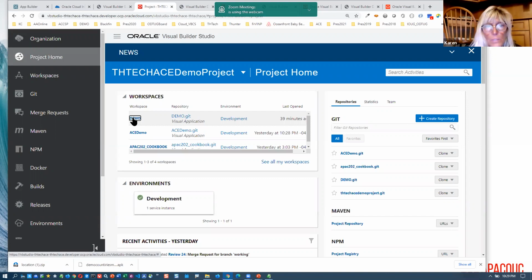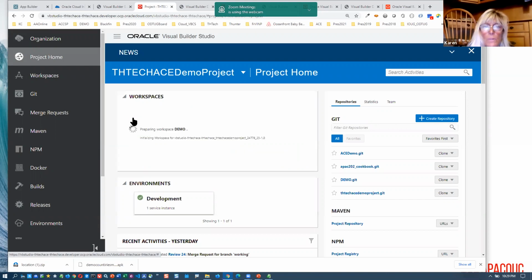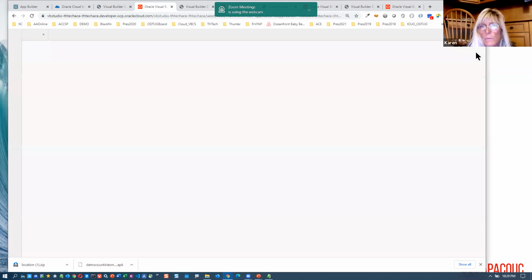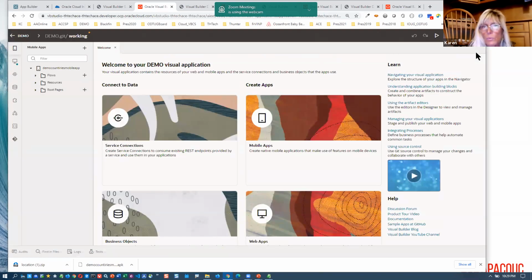So basically what this is giving me once I open this workspace, and it tells you what it's doing, it does a bunch of stuff. It does take a few minutes to get in here, and I'm hoping it goes in very quickly. While it's preparing that workspace, notice that I have that one environment, and it had my Git repositories associated with each workspace. So here I am. I'm ready to build